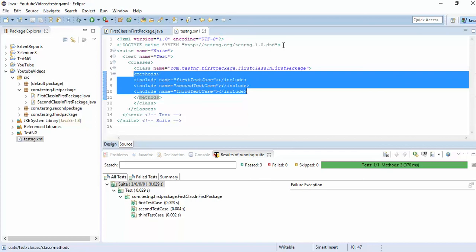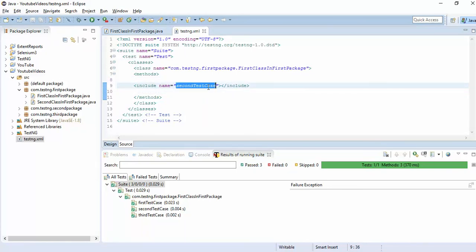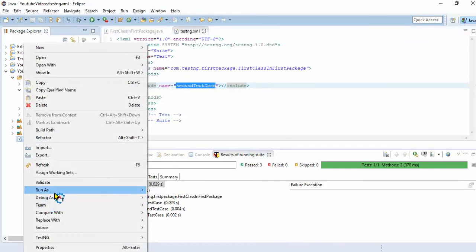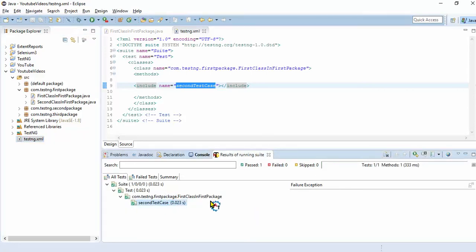If you give class level, it will execute all these. So what I will do, I will remove these two lines. I want to execute only the second test case, so why include all those things? I will include only the second test case. If you run as TestNG suite, you will get only the second test case executed. See, only the second test case executed.